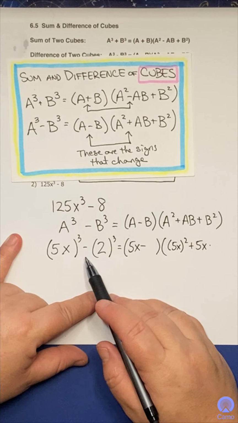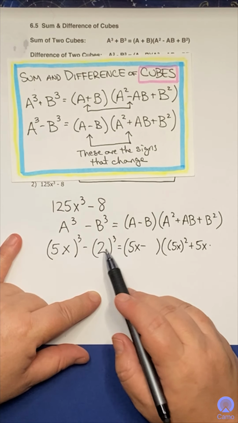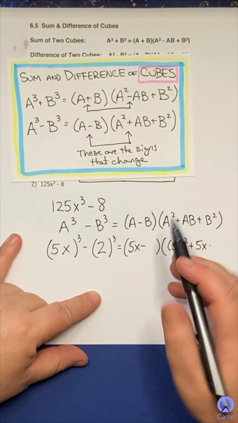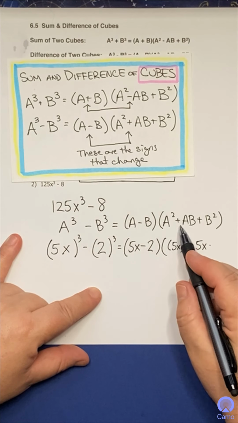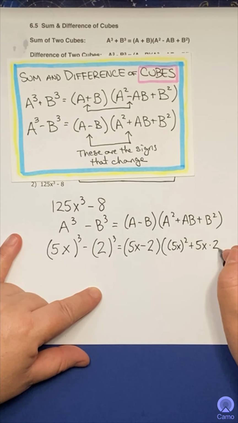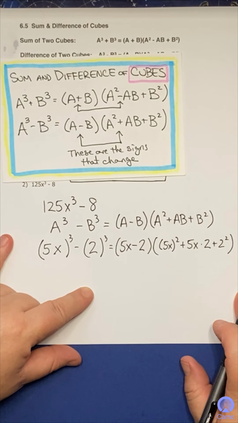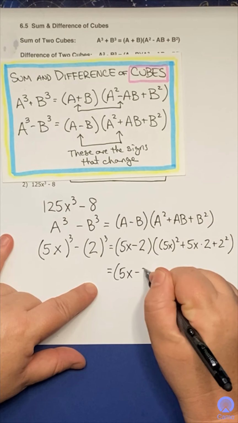Now notice there's a minus already built into the formula, so I don't have to worry about that. I just use a plain 2. So the b is going to be 2. So I get 5x minus 2, and then 5x squared, 5x times 2 plus 2 squared. And again, let's clean that up. 5x minus 2